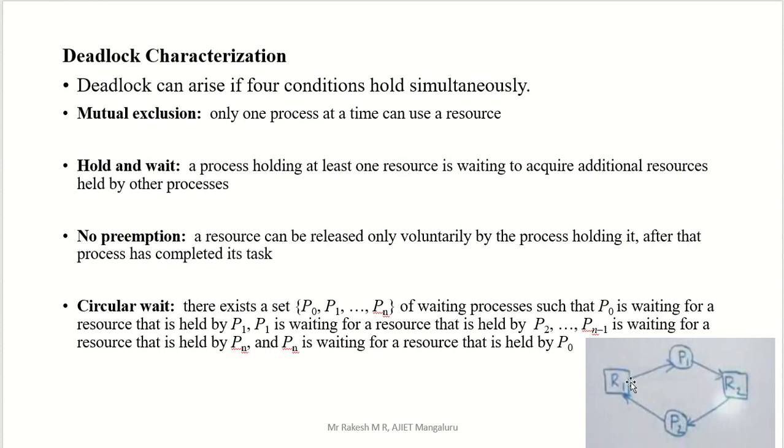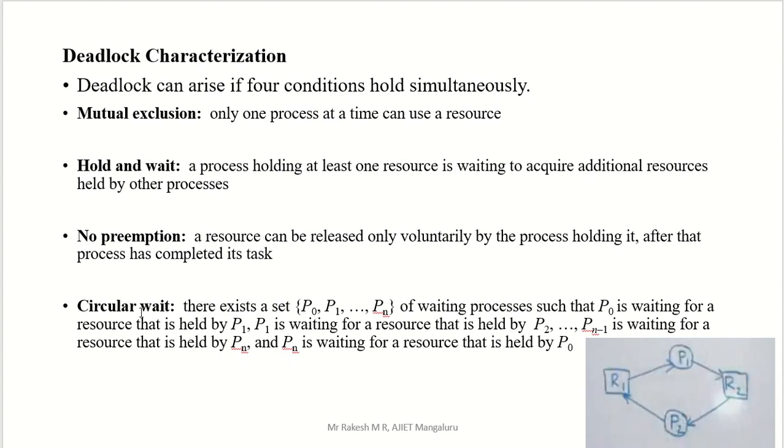Here consider this example. Here R1 is there, here P1 is there. P1 is waiting for R2, right? So consider R2 is now assigned to P1. P1 uses R2 completely, and once R2 is used completely by P1, then resource R2 is released by P1. Till then it is holding and executing. So, no preemption. You know the preemptive concept from the previous module, so no need to explain what preemptive and non-preemptive mean.